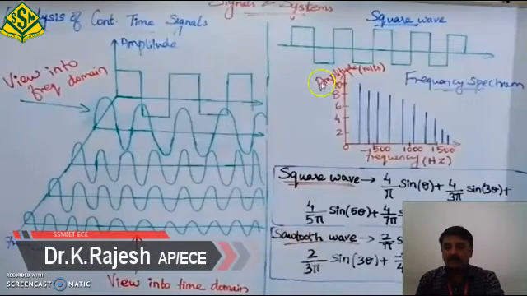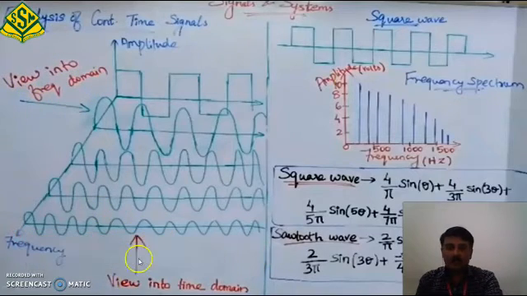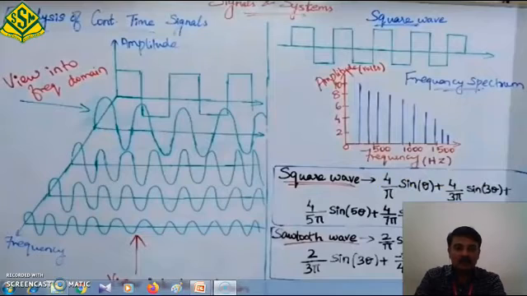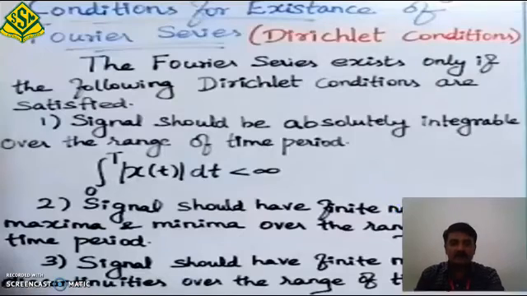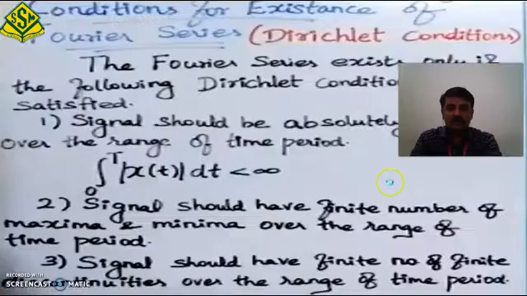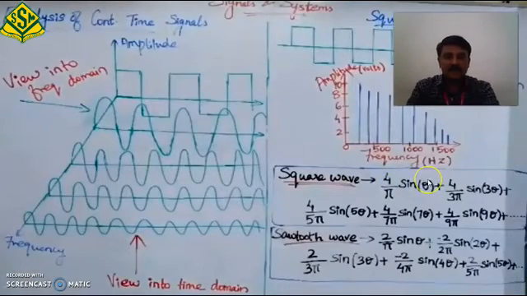This particular slide gives you an idea about how the frequency domain and the time domain look. So the final conclusion is the frequency spectrum. When we look from the frequency domain, we find the frequency spectrum, which is very useful for analysis purposes. If we take a square wave, after segmentation we find 4 divided by pi sine theta and so on. So a series of sines and cosines are available. You can understand only by doing the problems.